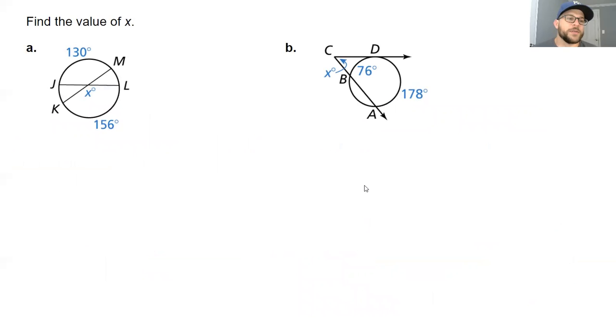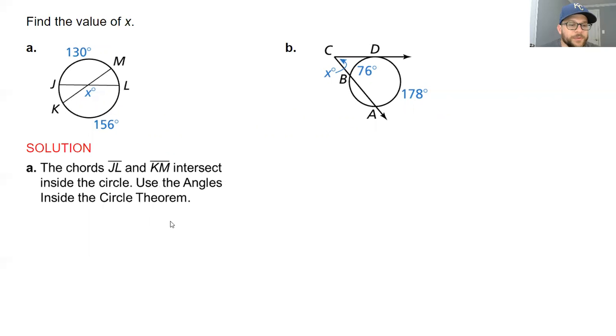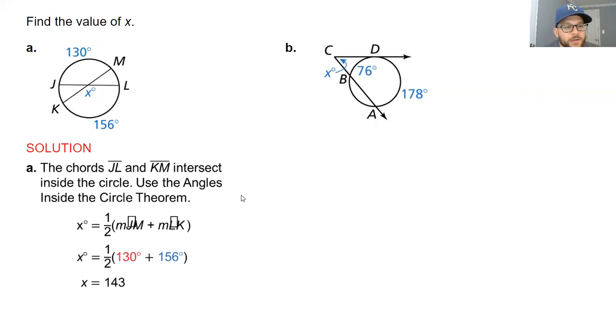So let's look at these couple different examples. The first one is if the lines meet on the inside. The second one is if the lines meet on the outside. So we're going to find the measure of x, which is this interior angle in the circle where these two chords are meeting. You don't know if they're diameters, you just know that they're chords. You do have intercepted arcs measuring 156 and 130 on JM and KL. So since this is meeting on the inside, we're going to add the two arcs together and then cut that measurement in half. So take 130 plus 156 to get, I don't know what that is, 286, and then you divide by 2